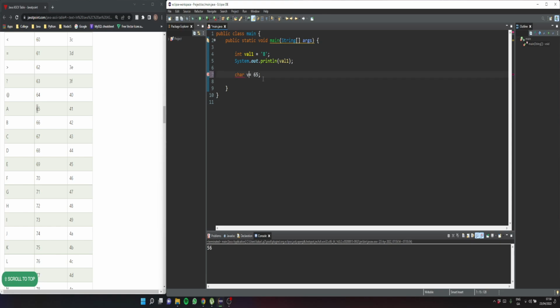Because I need to give it a name, val2. You can see this is also fine, even though this is a character. A character would usually be something like this. We are letting it know that we are using this table. So now it will know that we are using this table, and we're going to get 65. We're looking for A. So that's going to be stored in here. So if we print this out,